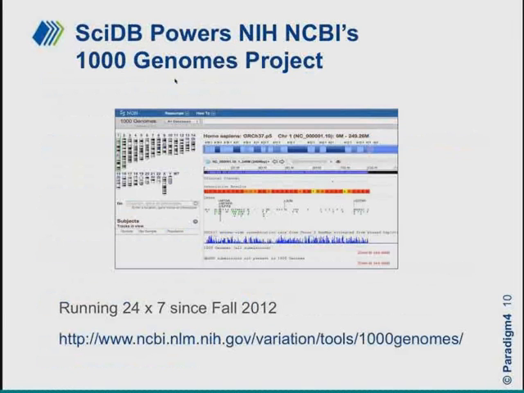Perhaps one of the highest profile projects that's visible to everybody that uses CyDB under the hood is the beautiful web-based exploratory analysis interface for the 1000 Genomes project developed at the NCBI. And there's a link to tools there that you can go and play around on your own with this beautiful analytics tool. It's a real-time exploratory analysis tool for the web that lets you explore variant calls and genotype calls and